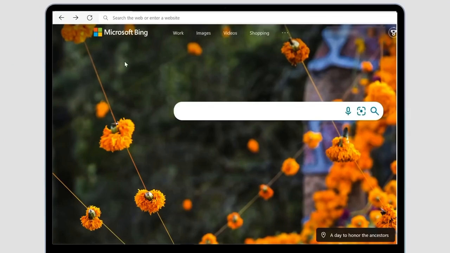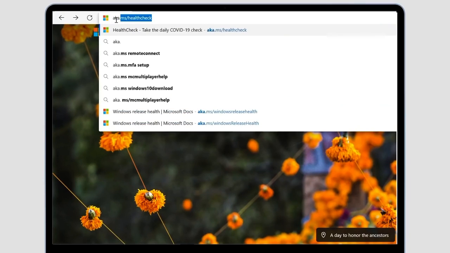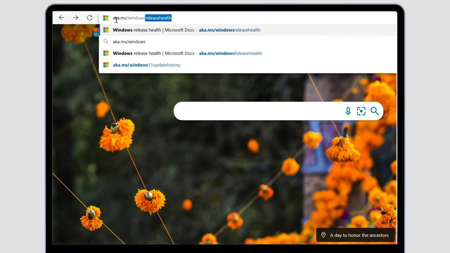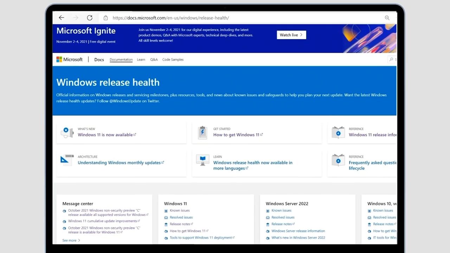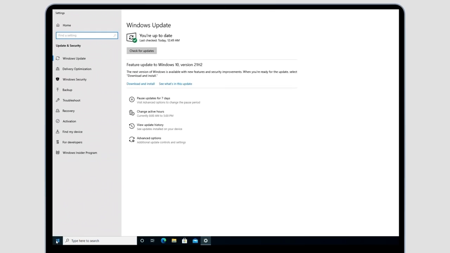You can find information about active safeguard holds and resolutions by navigating to the Windows Release Health Dashboard at aka.ms/WindowsReleaseHealth. Once we resolve the issues impacting your device, you will see version 21H2 offered in the Windows Update settings page.